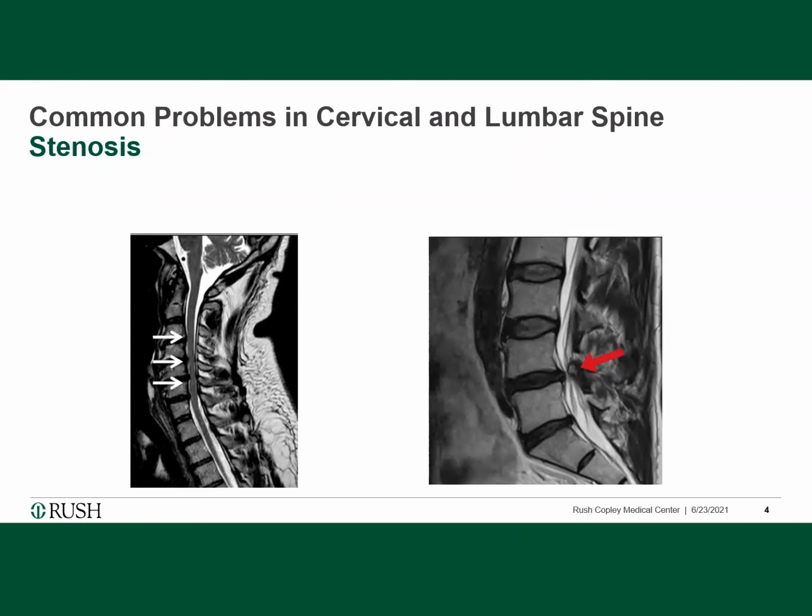Another common condition that we see is stenosis, and essentially what stenosis is is narrowing of part of the spine, and it can be caused by various conditions. So for example, in the neck or in the cervical spine, a lot of times we will see these disc protrusions from the front of the spine, and then sometimes also associated with some thickening of structures in the back of the spine. And essentially what that causes is narrowing around where the spinal cord goes through the spinal canal,